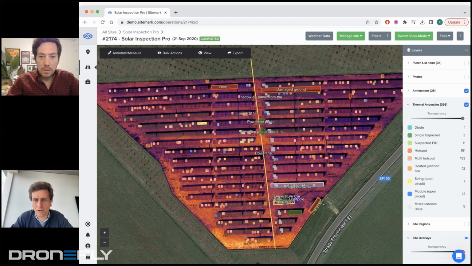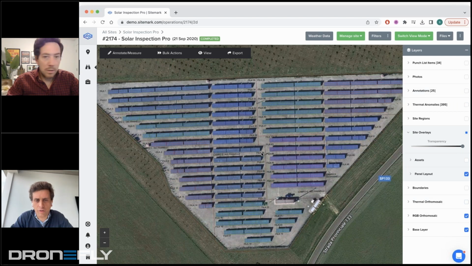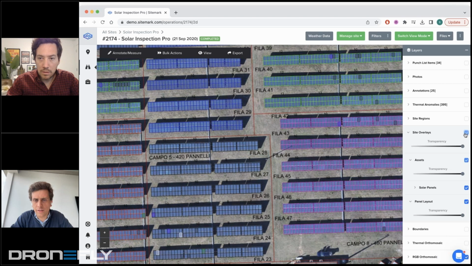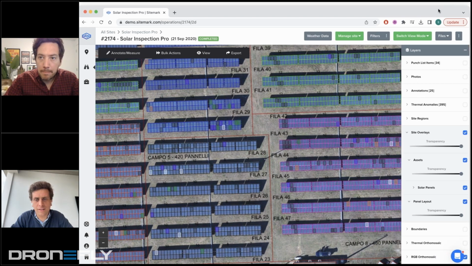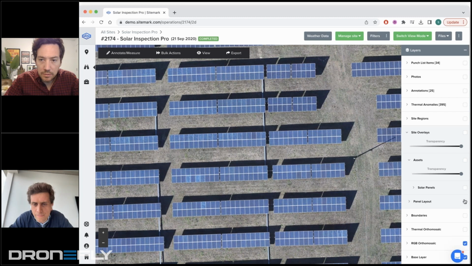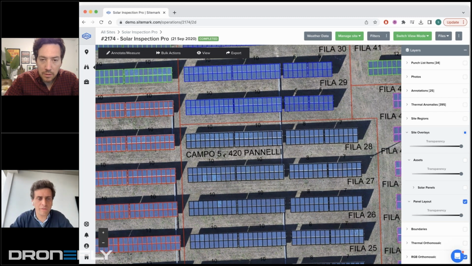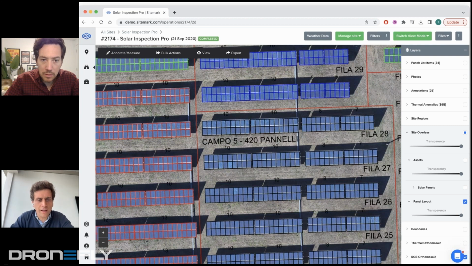And I think most of our audience will know what orthomosaics are and these things, so I won't cover that too much. But the main thing is that we offer a visual orthomosaic. We offer also the ability to overlay your panel layout. So you can overlay anything from a DXF to a PDF to give some more context and to really understand